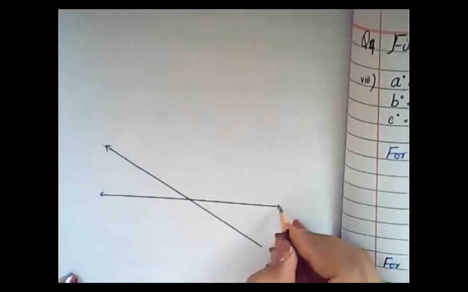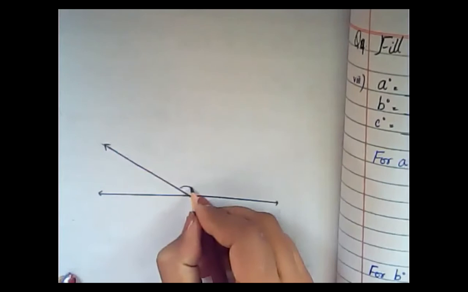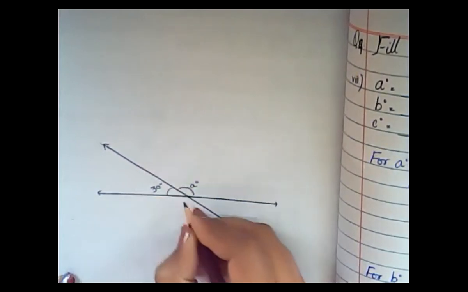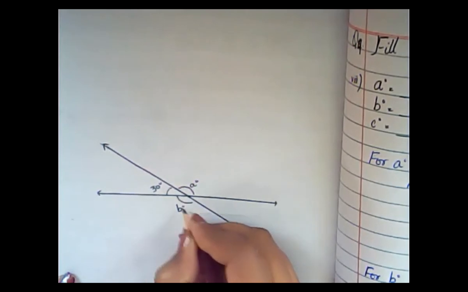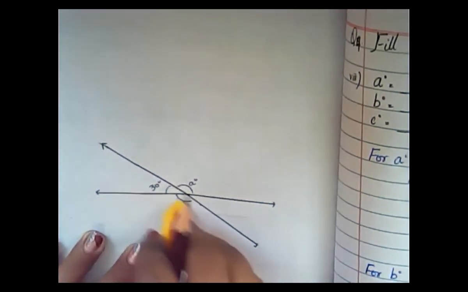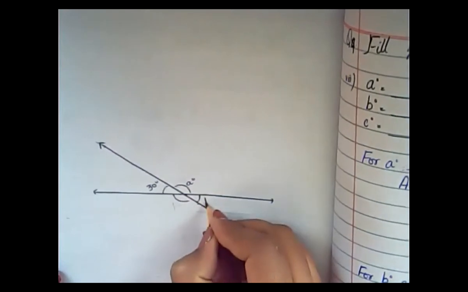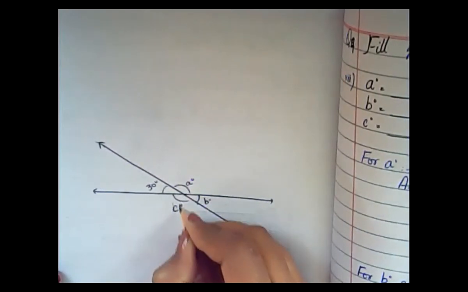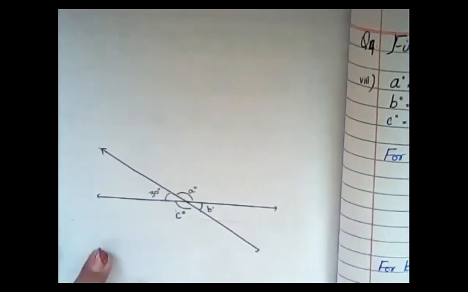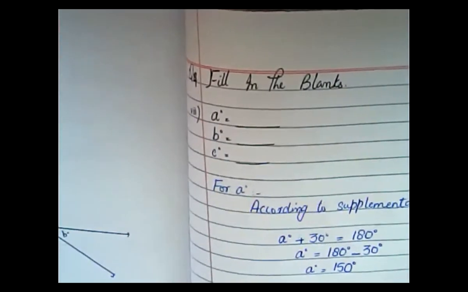These are the rays. Now this was A, which is equal to 30 degrees. This is B, sorry, this is C, I think. This is B and this is C. Clear? So this is the way to draw the figure. I hope it is clear to you. Please tell me, is it clear?